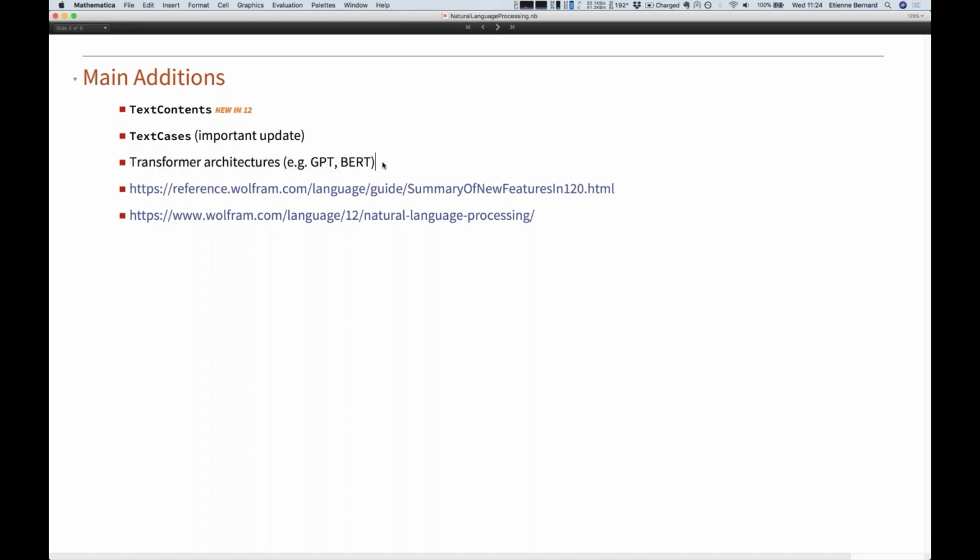Many applications jumped in how we can do them thanks to these feature extractors, really. And on our side, we worked a lot on a function called TextCases and TextContent. It's actually the same function, just wrapped in a different way. And I'm going to talk about that right now.